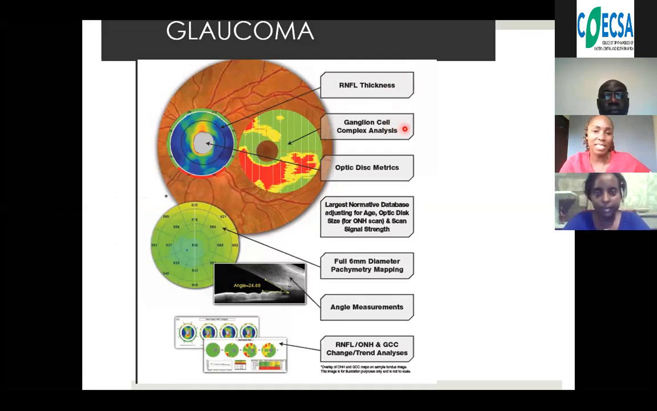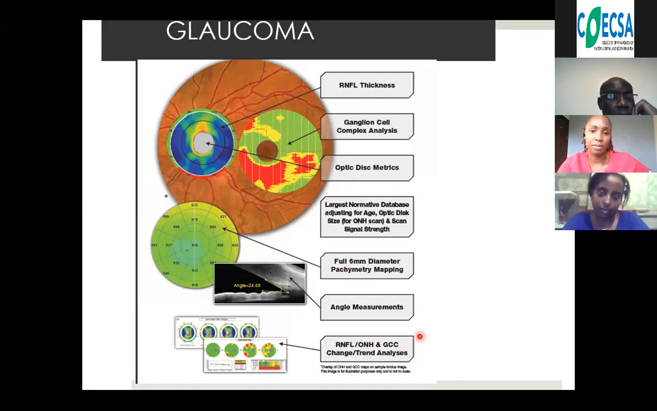Ganglion cell complex analysis. This is on some special types of OCT that will give this special feature. Then you also have the optic disc matrix, and we'll look at this later on. And as I said, some OCTs are also able to do pachymetry. And if you have an OCT that can document the anterior chamber angle, you can have this as an additional feature. And also, if there are OCTs that can do trend analysis or progression of glaucoma, this is also a feature